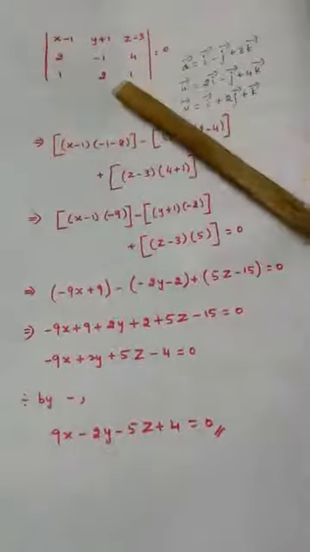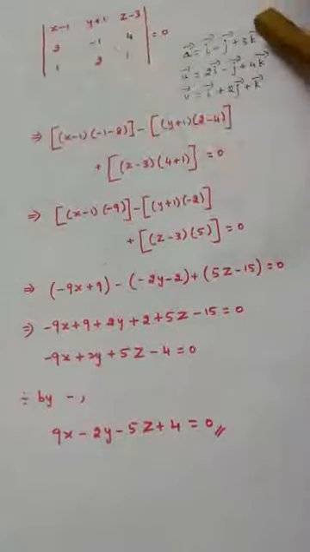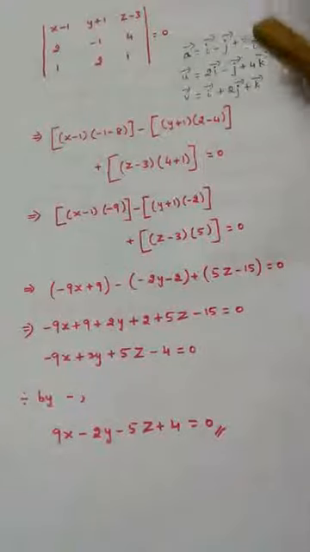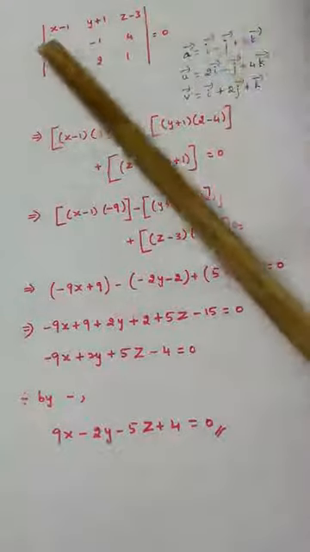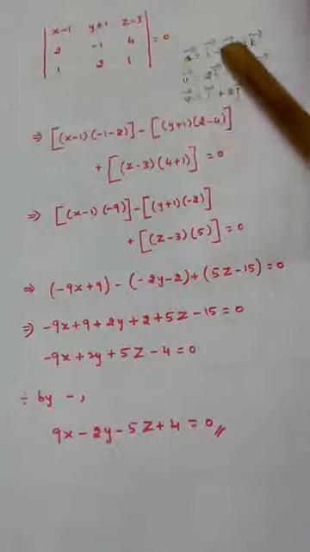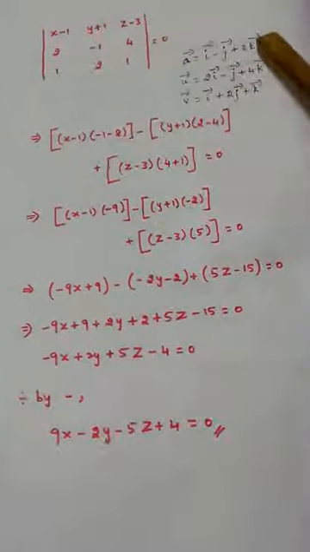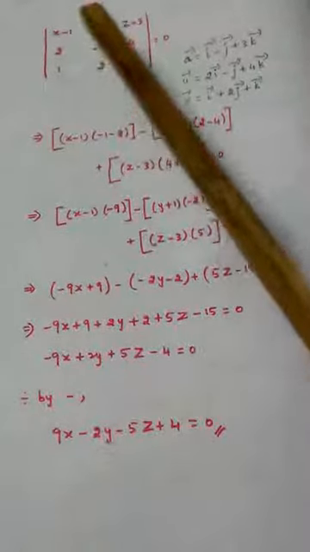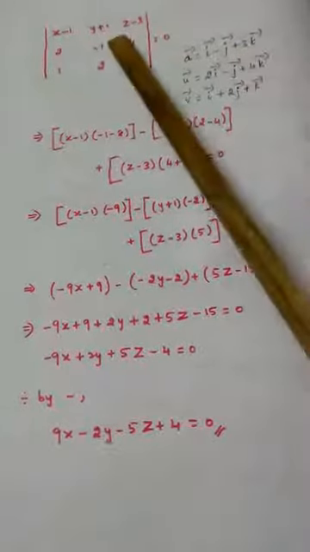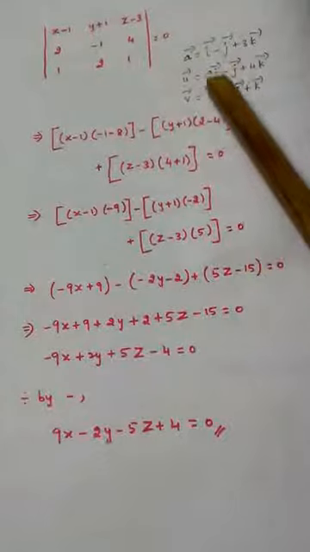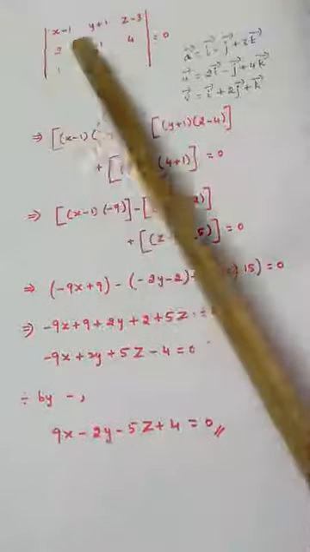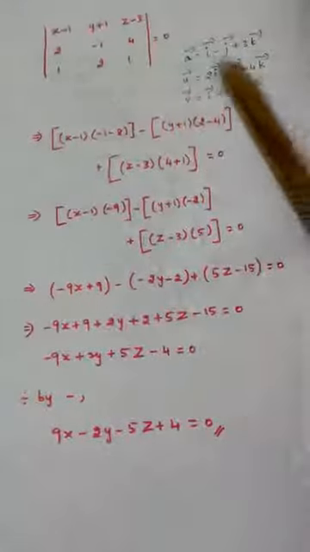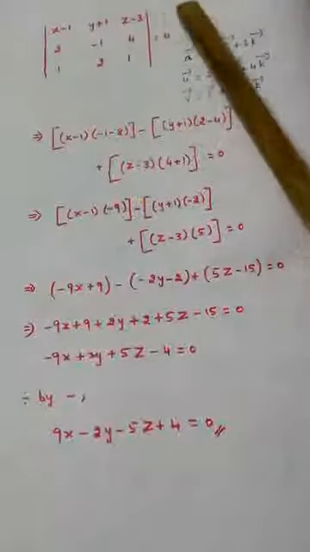this step, right? For our reference, I have written once again what is a vector, u vector, v vector. So x minus x1, x1 is 1, y1 is minus 1, z1 is 3. So since y1 is minus 1, we will be having y plus 1. This is 3, so z minus 3. 2, minus 1, 4 is L1, M1, N1. 1, 2, 1 is L2, M2, N2, equal to 0.